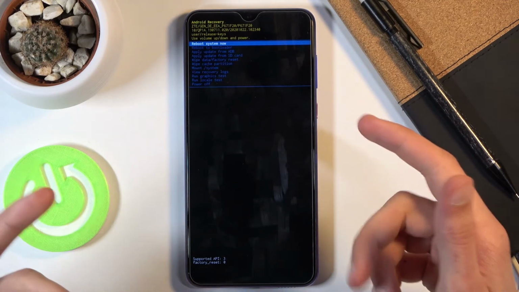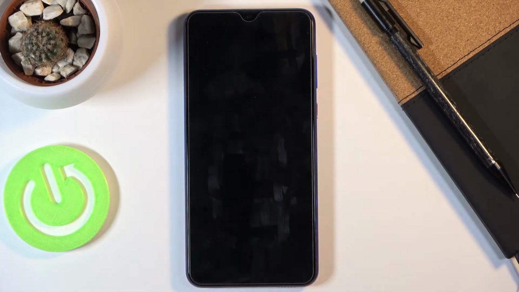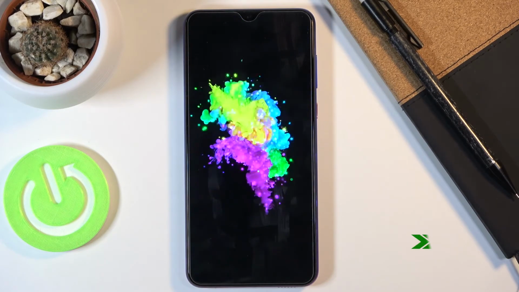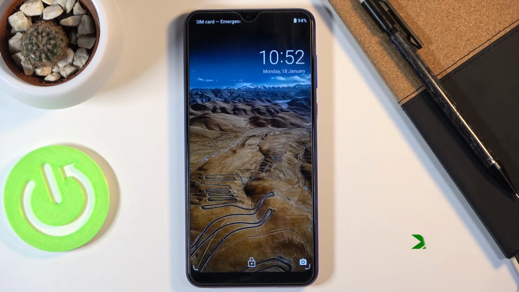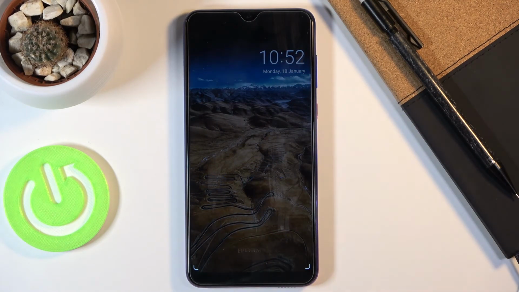So because I want to leave this mode, I'm going to select reboot system now and press power key, and this will confirm it. And there we go, we are now back in Android. So that is how you would access and also leave the